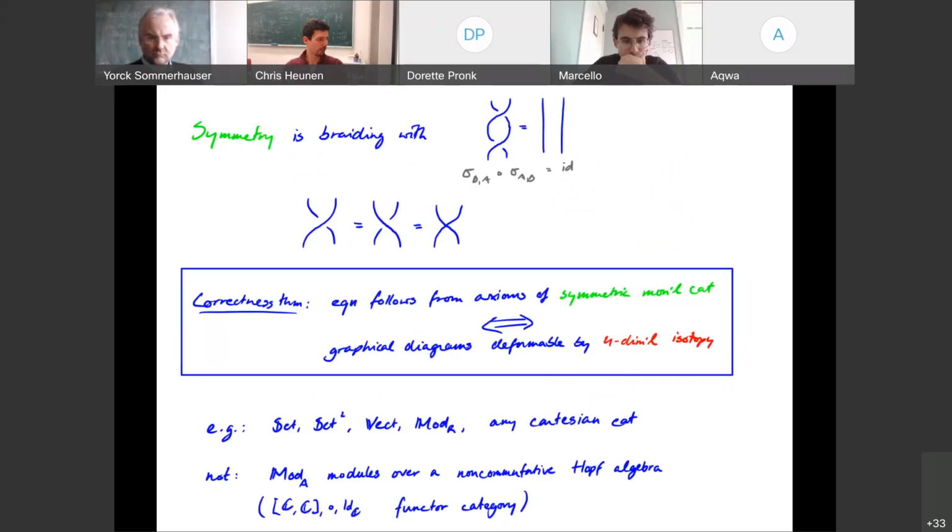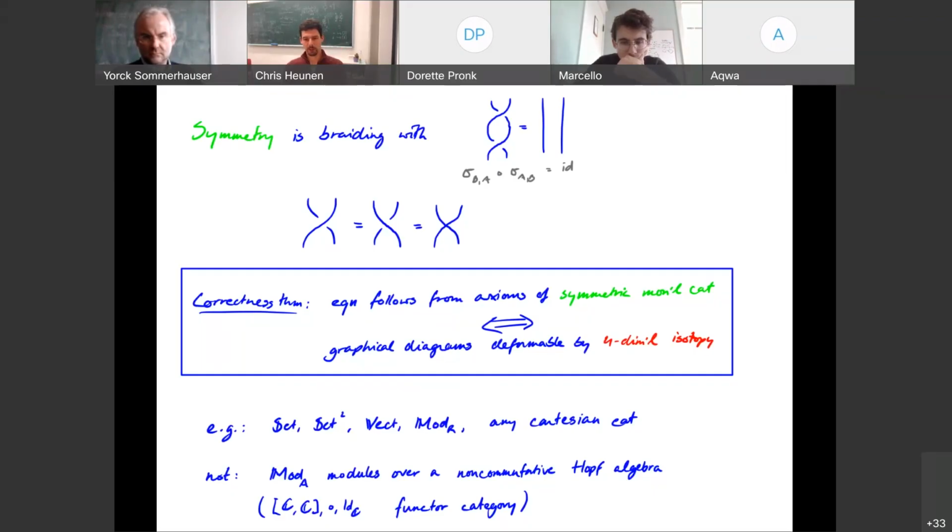Okay, and just for fun, I'm going to add the 4th dimension now. So we talked about categories, 1-dimensional, monoidal categories, 2-dimensional, braided monoidal categories, 3-dimensional. If you add a symmetry, that's going to be 4-dimensional. So symmetry is a braiding in which it doesn't matter if I first do the braid and then do the braid again. That's the same as straightening everything out. It's equal to the identity. So that means that the braid can pass through itself. The over-crossing is the same as the under-crossing. So I might as well just forget about the over and under passes and just draw them as a cross.